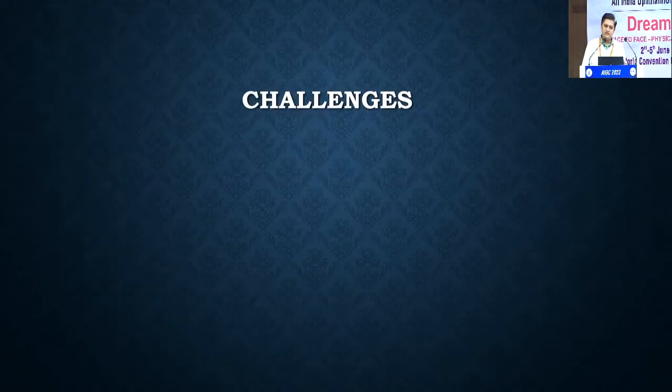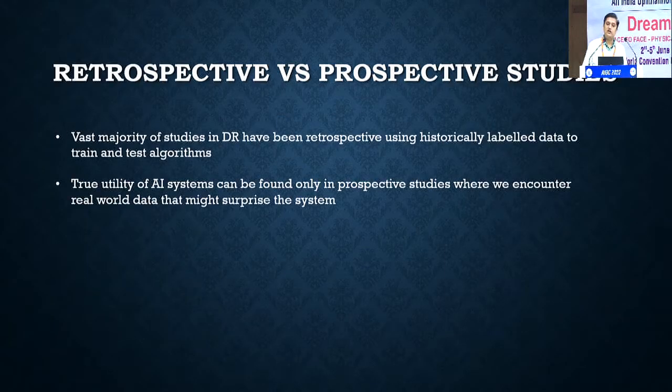So what are the challenges with AI? First and foremost challenge is retrospective and prospective study. All that we are getting from AI is a retrospective result. And unless we do a prospective study, if something strange comes, you never know what the next picture will be. The machine doesn't know that picture, so the machine falters. We have to be prepared with our gray matter for what surprise you can have in a patient. Patient is always a surprise box. So unless you conduct a prospective study, the results are never going to be natural.